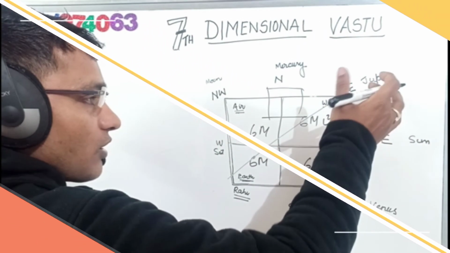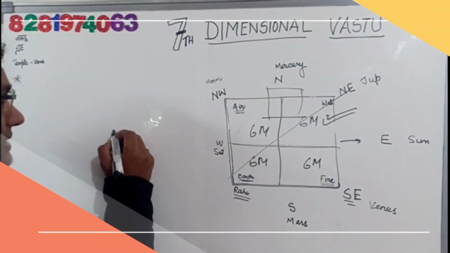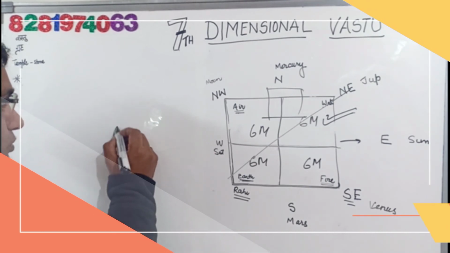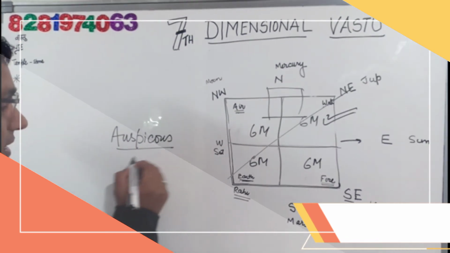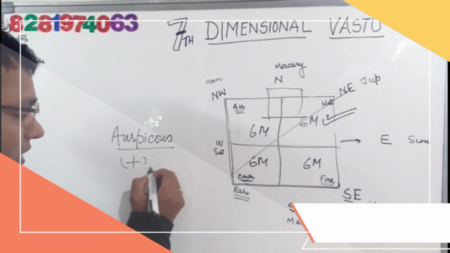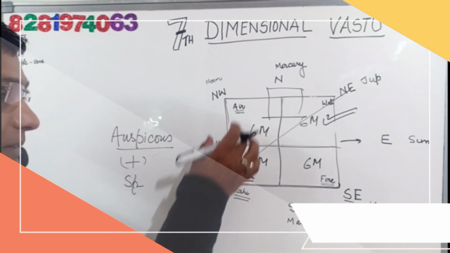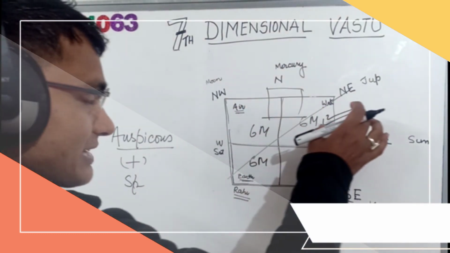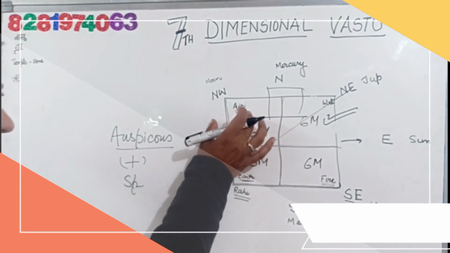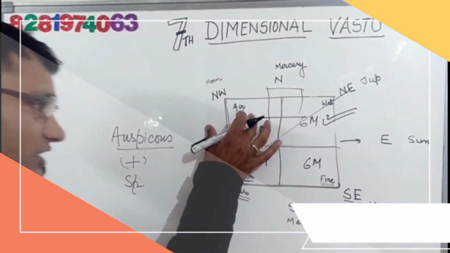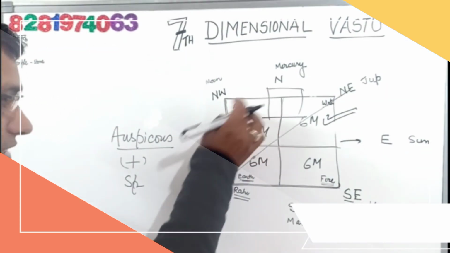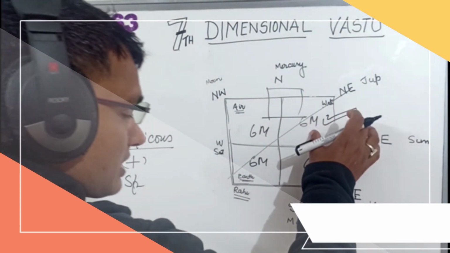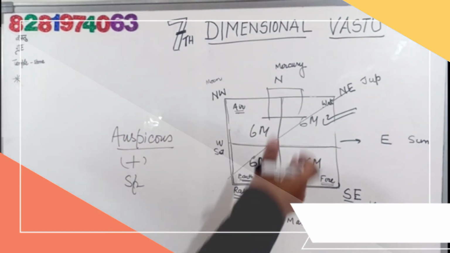But simply I have explained, this corner is for Jupiter. Jupiter is what? It is the blessing corner, or it's like auspicious. Auspicious in the sense you will be very positive minded, you will be very spiritual. But if you are a businessman and you are always very positive, your calculating ability, your communication skill will not be so good. That's why for a businessman this is the corner. For a spiritual person or somebody who is in spirituality, this is the corner.